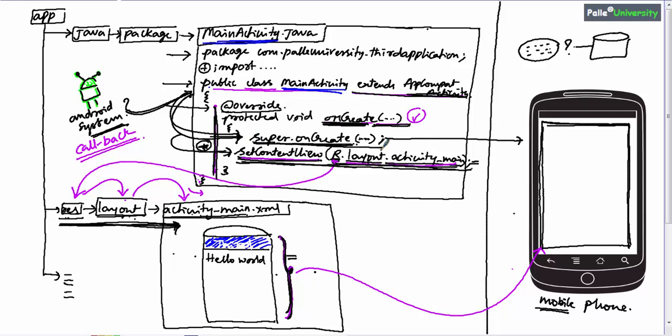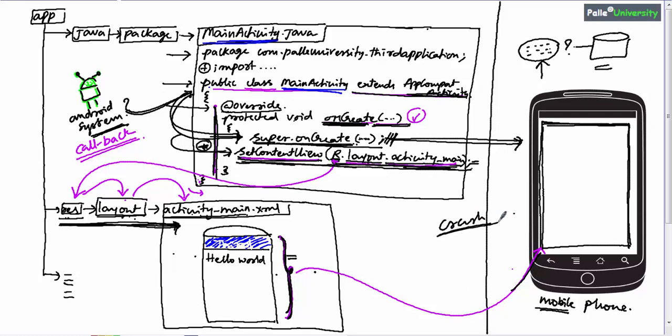It is something like this: this line will create one empty container. If you remove this line, obviously you are trying to load a screen design without a container. So what will happen? Can you hold water without a container? Not possible. Similarly, this application will crash.